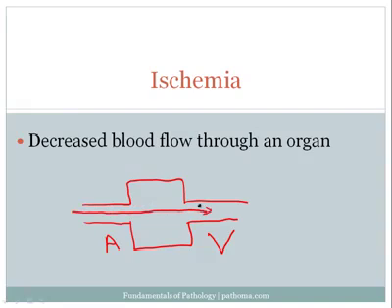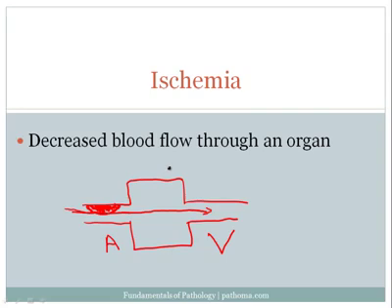And ischemia can occur in two ways. The first way, well, actually there's three ways, but two very common ways. The first way would be for there to be a block in the arterial flow into the organ. So if there's a block in the arterial flow, for example, atherosclerosis, that would decrease the blood flow going through the organ, which would then result in ischemia within this organ. I think we're all very familiar with that. It's a common principle in pathology. It's going to result in many disease processes.